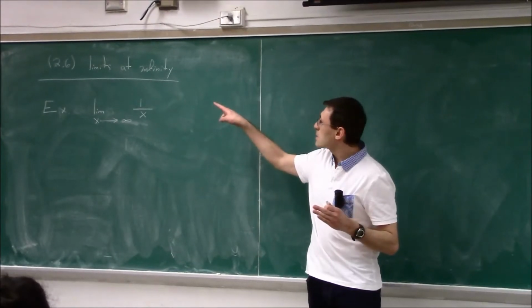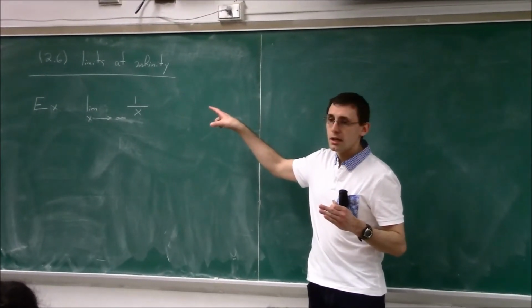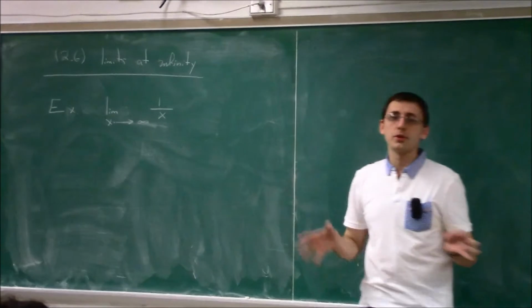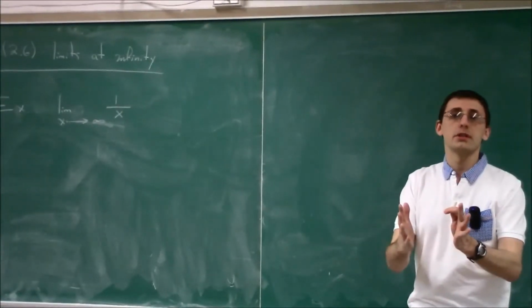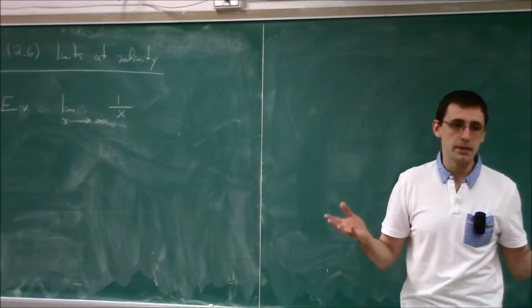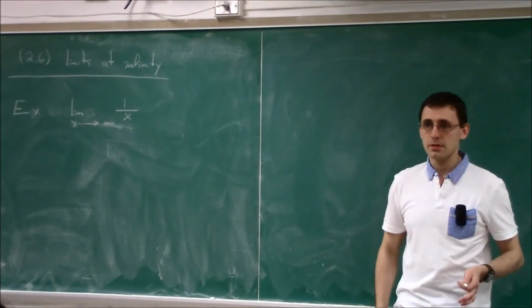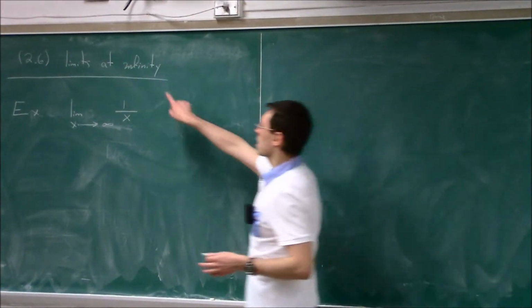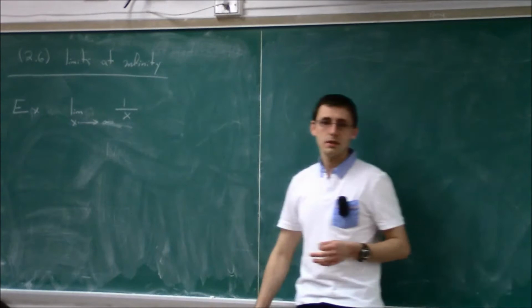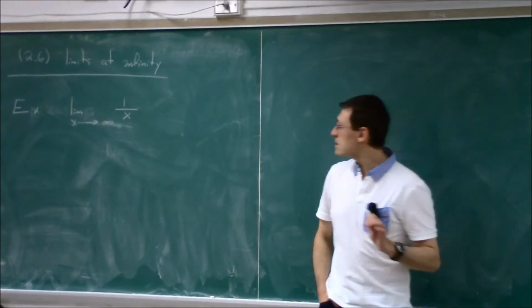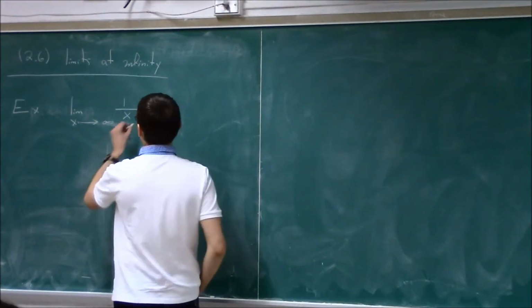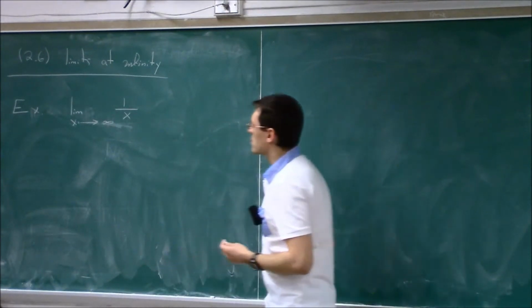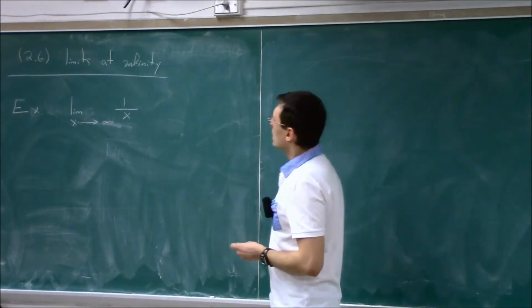So 2.6, 2.7, 2.8, and even 3.1 are actually going to be conglomerated into almost one lecture. I don't really see a big difference between those chapters. That's when we start derivatives. This is the last topic before derivatives. Try to do your best to prepare with trigonometry and with basic algebra, of course. All right, so